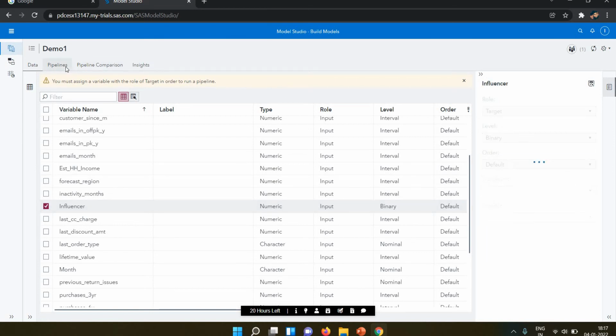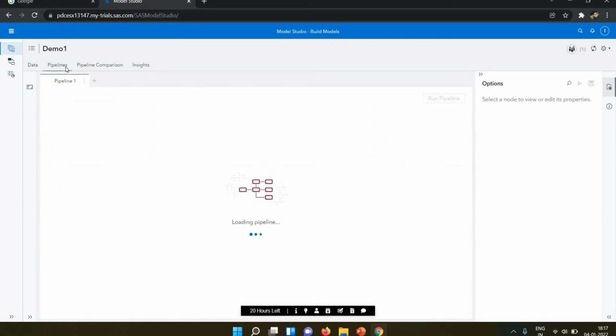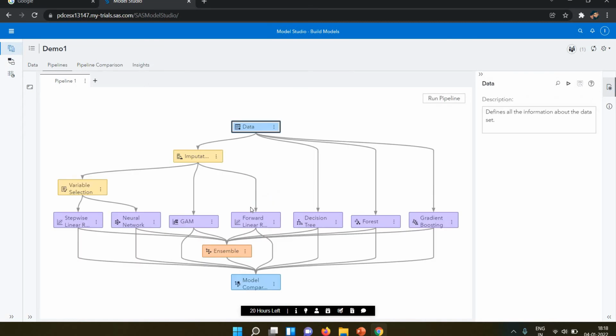My target is created. Now I'm going into the pipeline. You can see the pipeline was automatically created because we selected a template. According to that template, the pipeline is created automatically. Now I click on run pipeline.